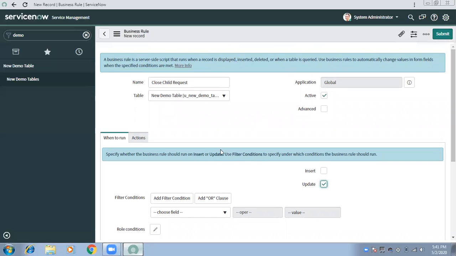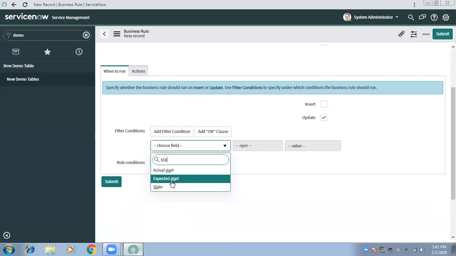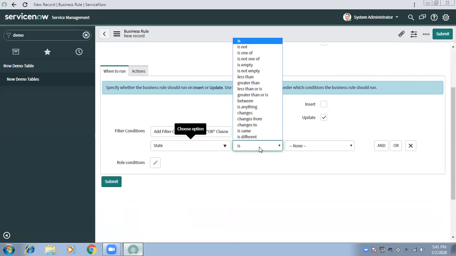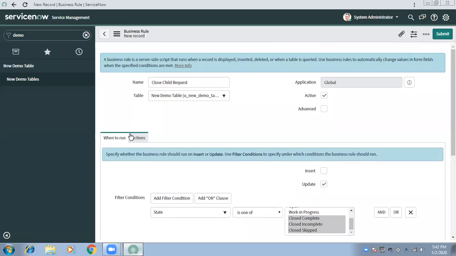Then I need to put a condition for when to run. State is one of close complete, close incomplete, or close queue. So if state is one of these, then I need to run it.